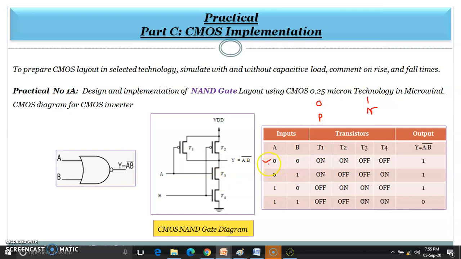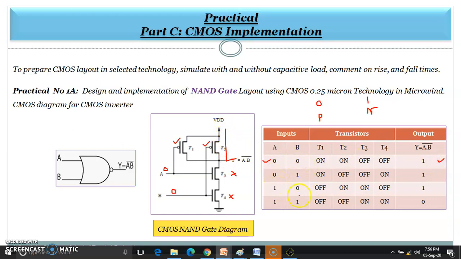So now I will be checking whether I am getting 1 or not over here. Consider my A is 0 and B is 0. Here A is 0, so my P MOSFET will be on, and the same 0 is applied to the N MOSFET, so this will be off. Now I have given B also 0, so this is connected to this PMOS, so this P MOSFET will be on, and this N MOSFET will be off. So here it is written that T1 and T2 are on and T3 and T4 are off, and that's why the path for the output we are getting is from VDD directly. There is one path and this is another path available, so anyhow the output will be connected to VDD, and that's why your output is 1 over here.